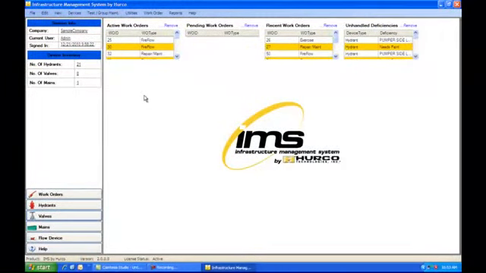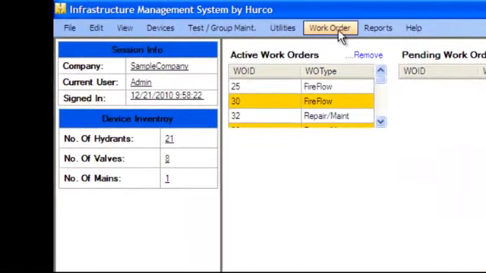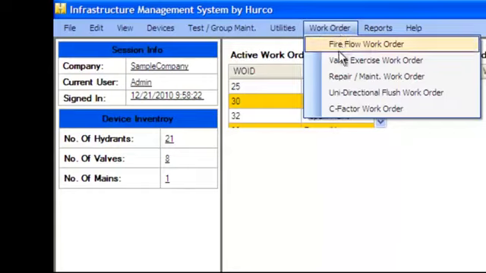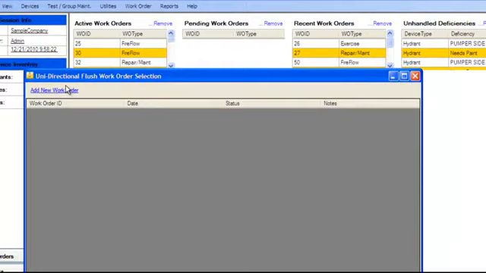So now that I've created a main, created a test for that main, I need to go out and flush that, so I need to create a work order. So I'm going to click on work order. I'm going to go down to unidirectional flush, work order. I'm going to add a new work order,